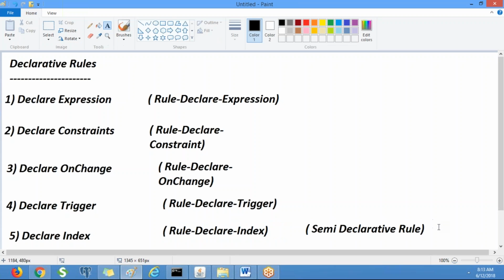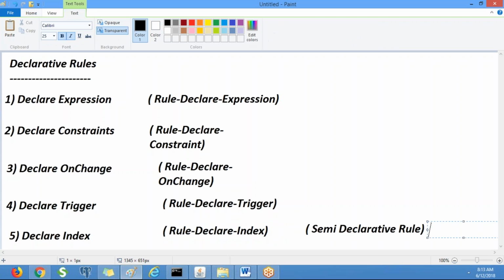The remaining rules are all available under the decision category. So only declare index will be available under the sysadmin category.